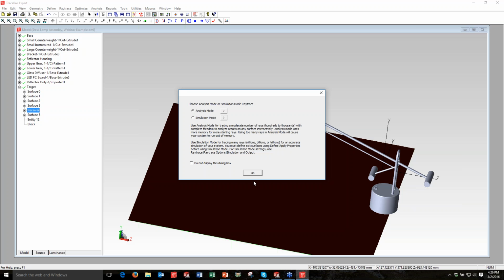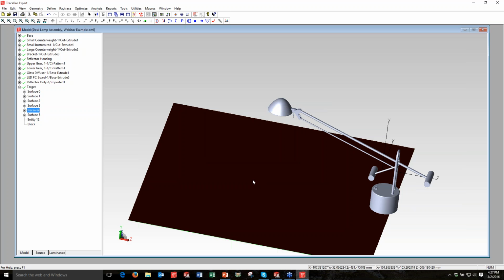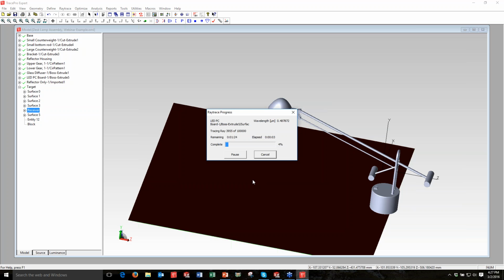And now it's going to go through. It's auditing the geometry. This does take a few seconds here. The reflector shape in this model is a somewhat complex surface, sort of a dimpled reflector. So it takes a little bit of time there. And now we're going to run through the ray trace. I'm tracing 100,000 rays here. It's not a large number of rays, but due to the complexity,